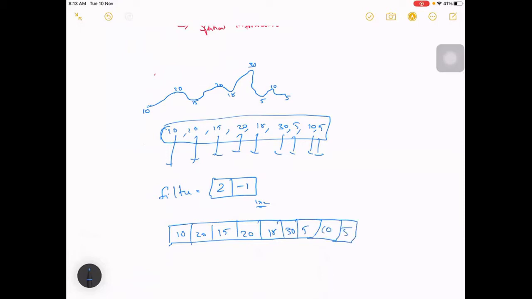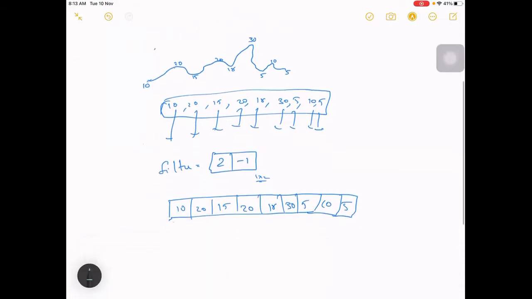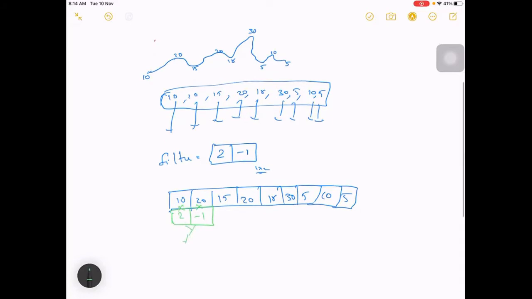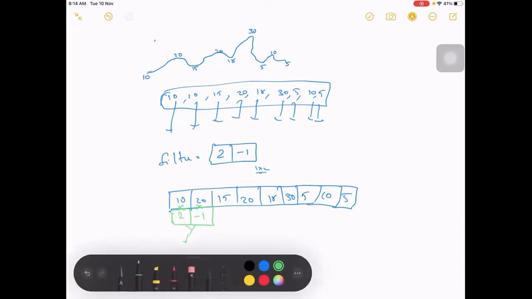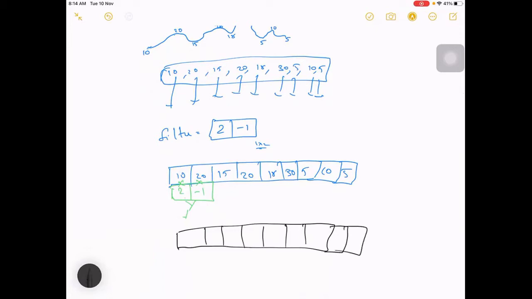Now you are applying this filter, 2 minus 1. This multiplication happens and this multiplication happens, and both are added and you get a value. This is the output.